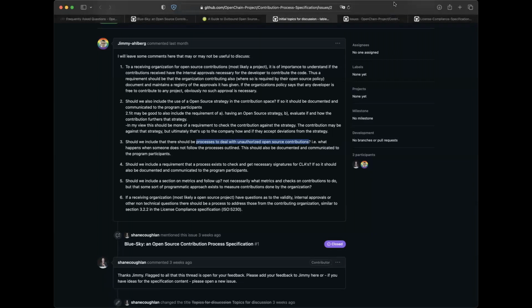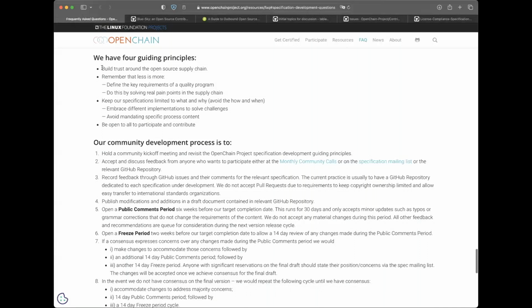In this case, defining what we're up to, the scope of this spec is to think about contribution in the context of building trust in the open source supply chain. So this is all about what do we need to build trust? And that for us probably boils down to make sure there's a policy, make sure it doesn't mess up intellectual property on your side, make sure that if people have concerns, they can come and check with you, roughly.